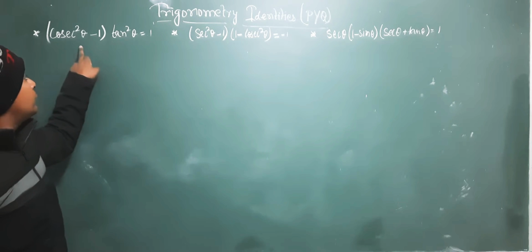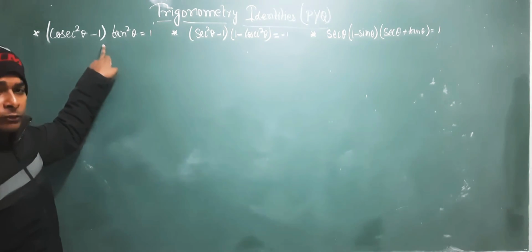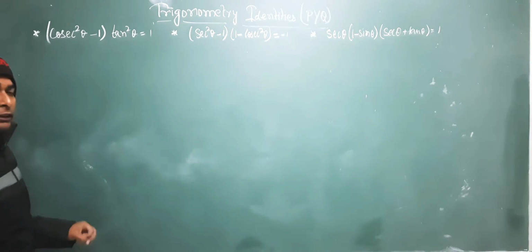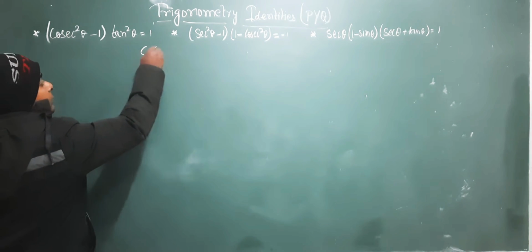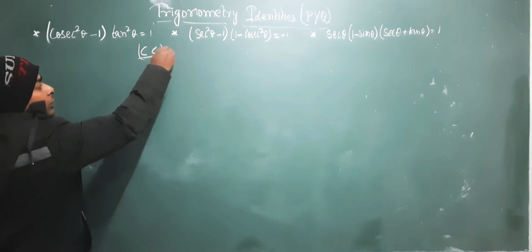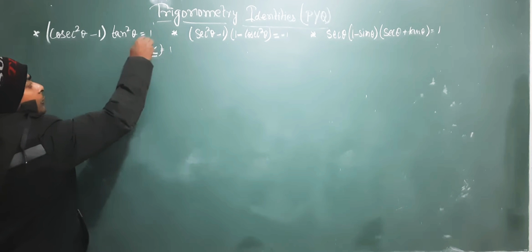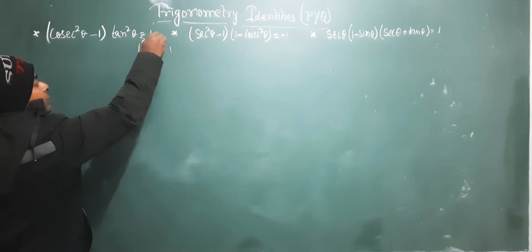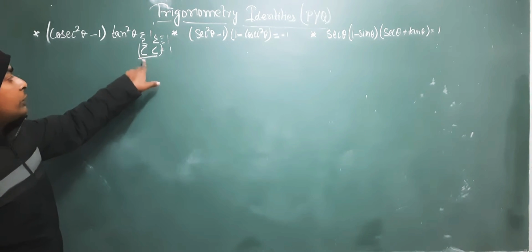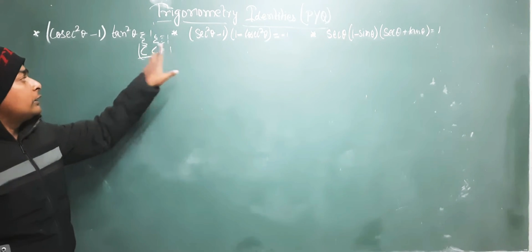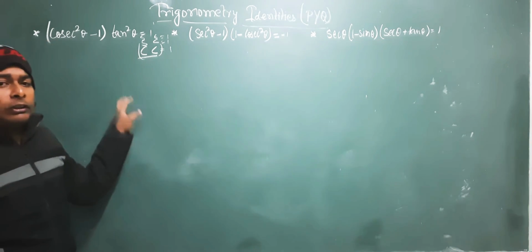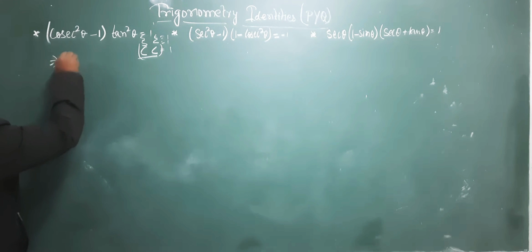As you can see, it is in the form of cosec square theta minus 1. So it can be converted using the shortcut formula of CC: cosec square theta minus cot square theta is equal to 1. The three basic formulas were SC, ST and CC, and all their values were 1. So cosec square theta minus cot square theta is equal to 1, so cosec square theta minus 1 is equal to cot square theta.